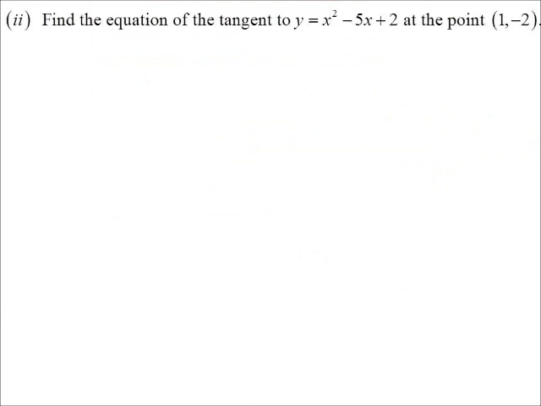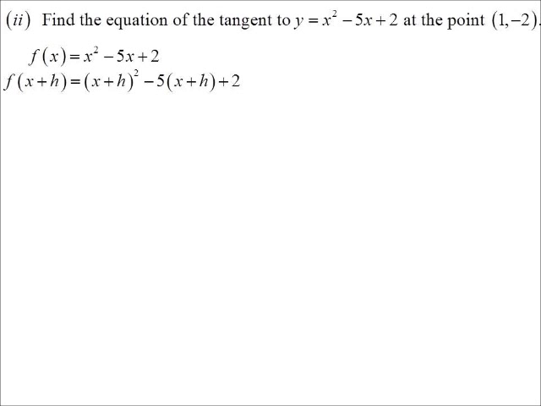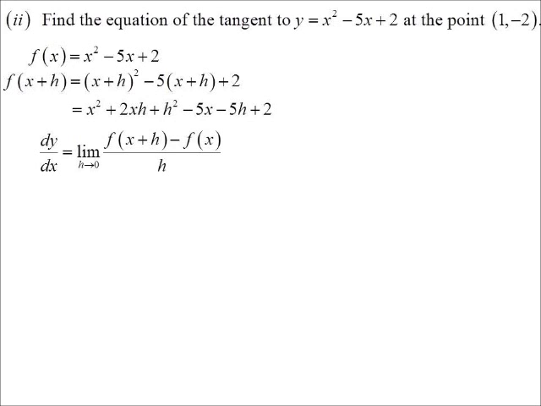So if I wanted to find the equation of a tangent at the particular point, obviously the equation of the tangent is going to change depending on which point, and the slope of the tangent will change. This is a parabola, but on the parabola it's changing all the way too. We want to locate the actual slope at 1. Function x, x squared minus 5x plus 2. Function x plus h, everywhere I see an x, put in an x plus h. So my derivative, I've just expanded out there. Nothing actually tidied up there. Function x plus h minus function x.